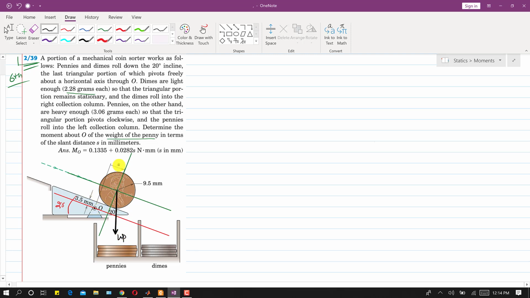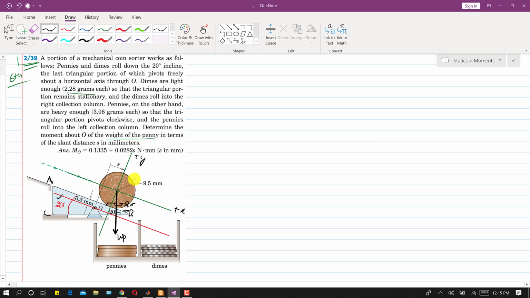Let's suppose this is the positive x-axis and this is the positive y-axis, so the y-axis line makes 90 degrees with this line. Let me write A, B and C, so this triangular portion is A, B, C. This y-axis line makes 90 degrees with the AB length of this triangle. Similarly, this weight vector WP makes 90 degrees with the base of this triangle, that is BC. So if this angle is 20, then this angle is also 20, and this angle is 20 as well.